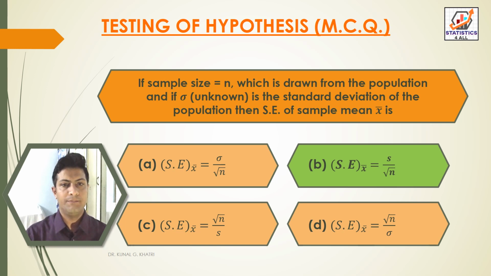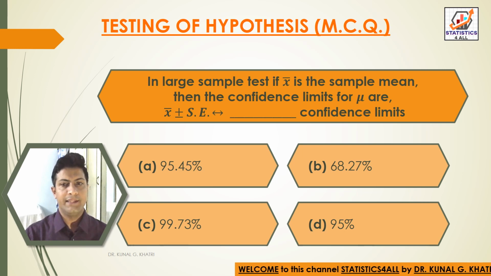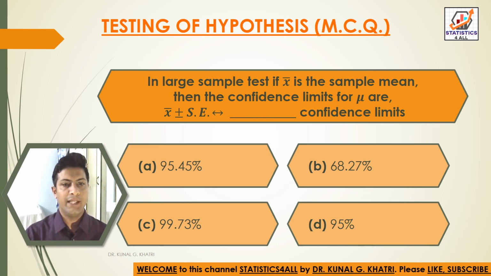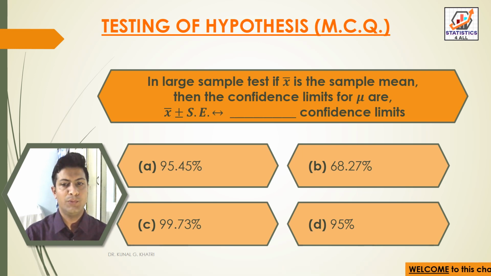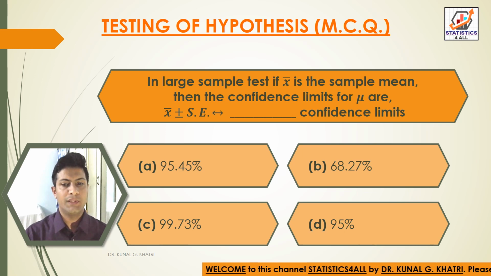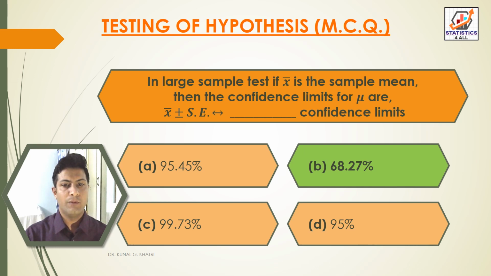Next question. In large sample test, if x bar is the sample mean, then the confidence limits for mu are x bar plus or minus standard error, dash confidence limits. Option A 95.45%, option B 68.27%, option C 99.73%, option D 95%. So here we have answer option B